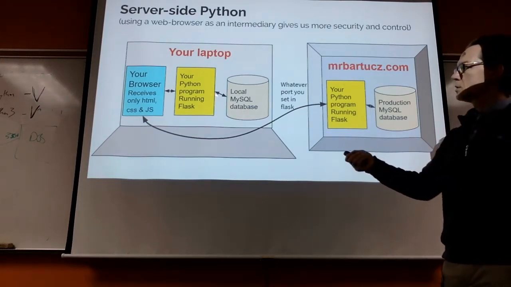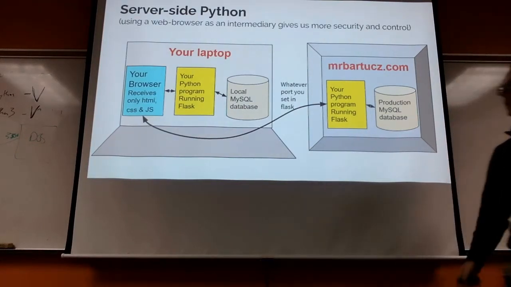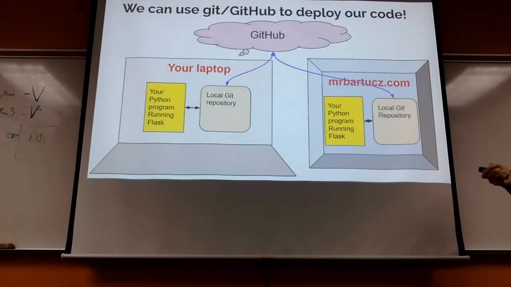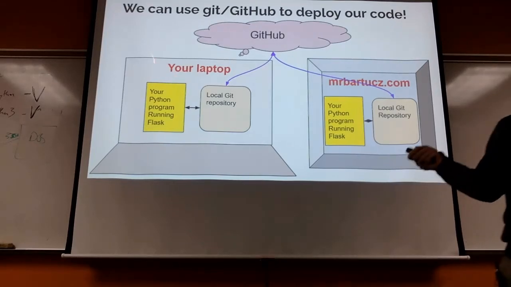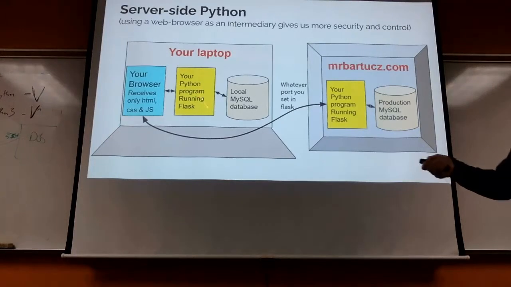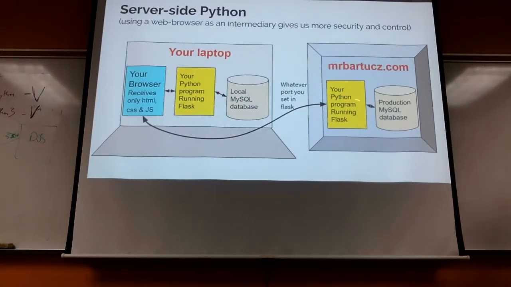And it can connect to a database. It can do whatever you want. And again, the nice thing about that is, this file doesn't care whether it's on your laptop connecting to the local database or whether it's on my server connecting to the local database. As long as your username and password are the same and the database structure is the same,